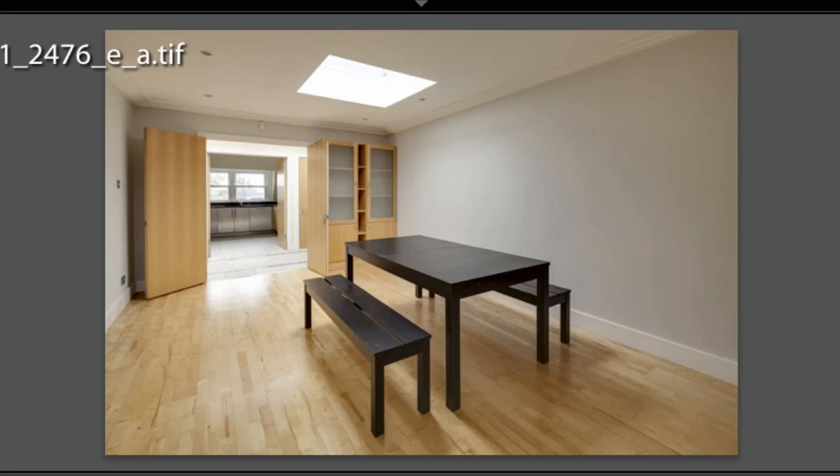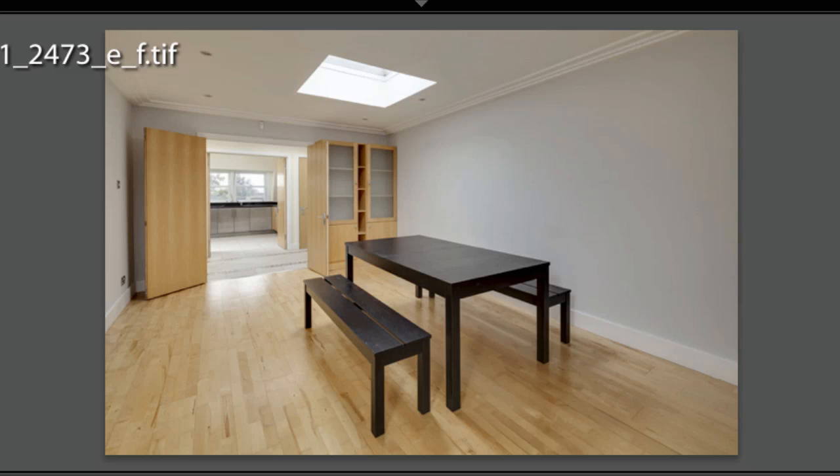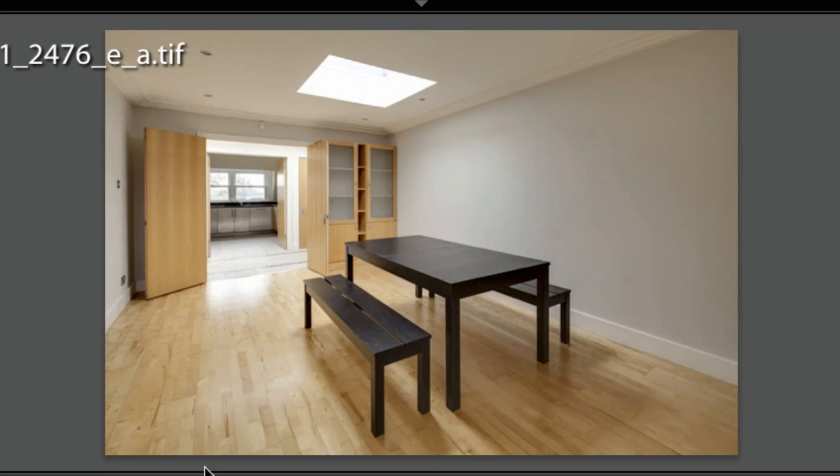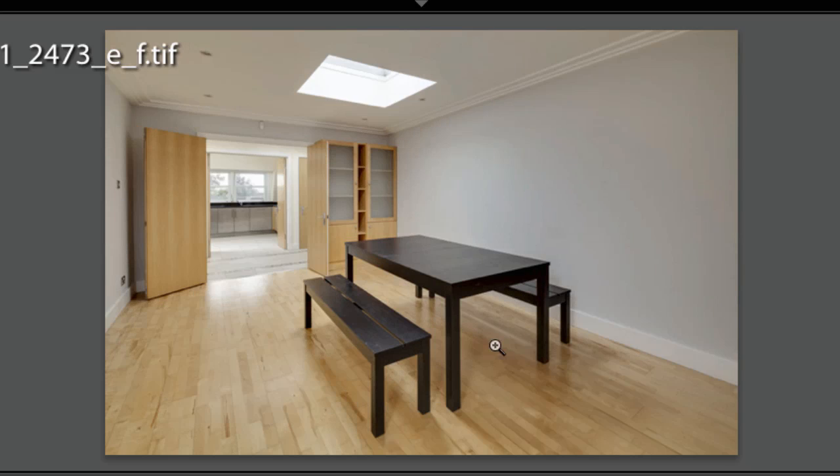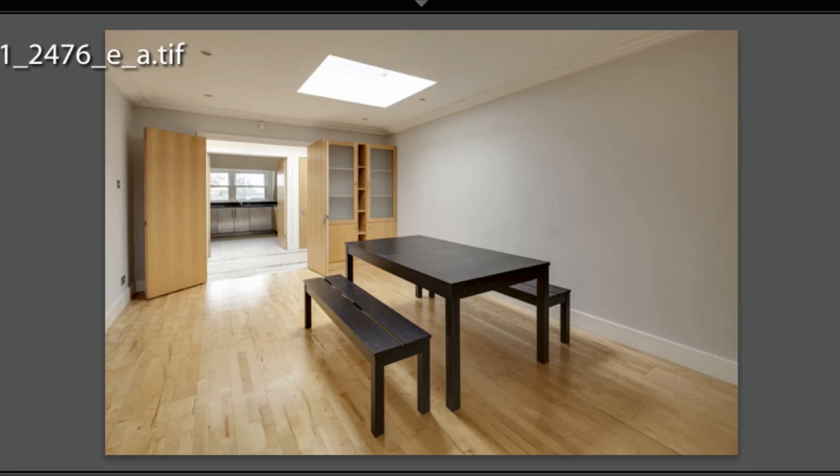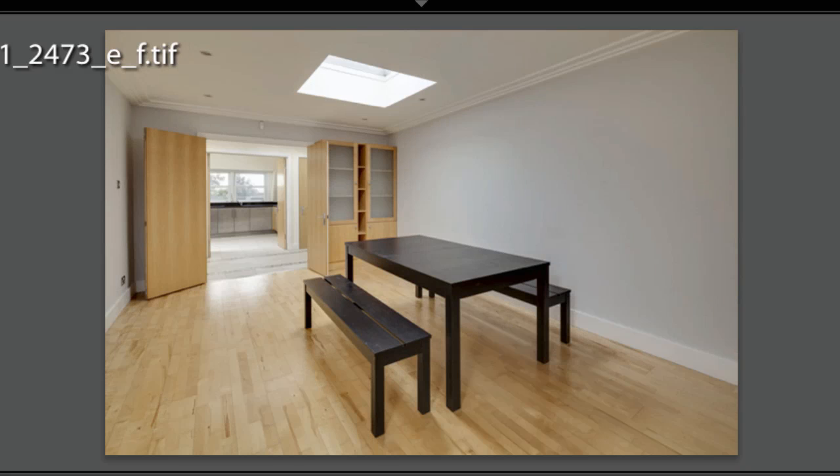But what I really want to show you is what happens when you bring a certain amount of fill flash into the mix, because the infused result is this picture. And if you compare it with the ambient only blended shot, which is done pretty well, the tonal range is far better in the shot which has had a little bit of fill flash added to the mix. We'll look at those differences in more detail later on,